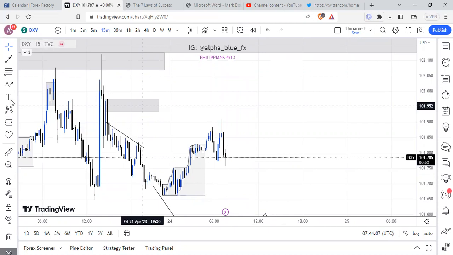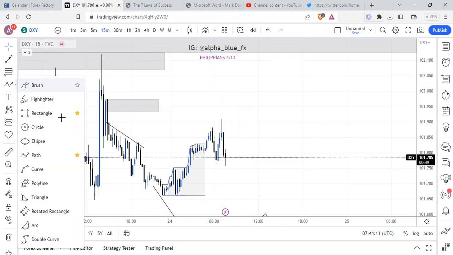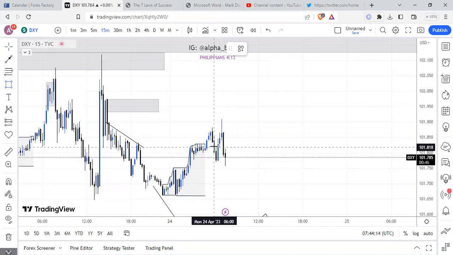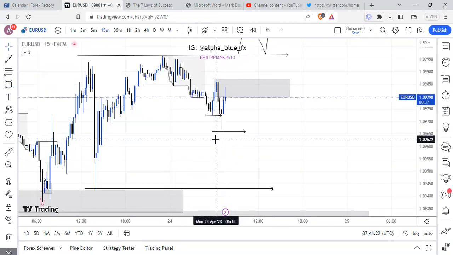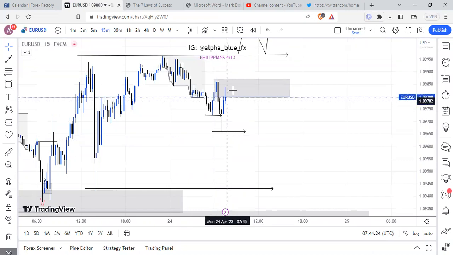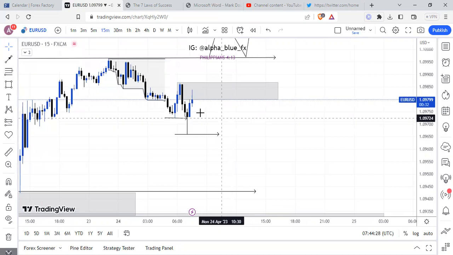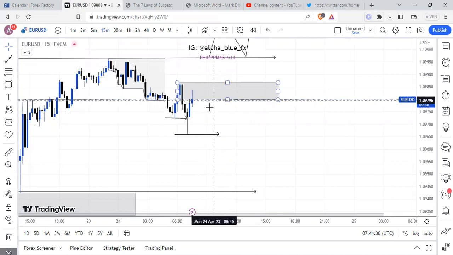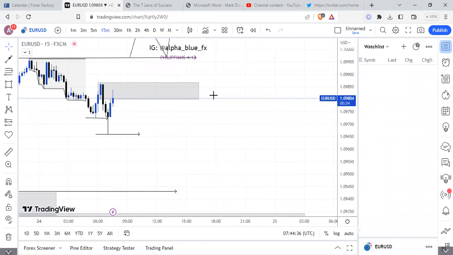Let me draw the other block for you to see. On Euro USD, price was exactly at this other block. Now see the other block, right? Let me go to Euro USD. See, price is still dancing inside of the other block. So you would think that this is probably going to hold and you sell, not knowing that on DXY, price has already broken itself and is likely to continue